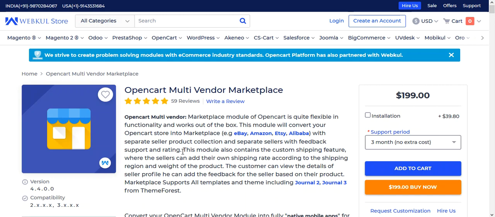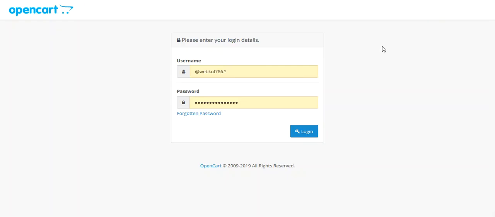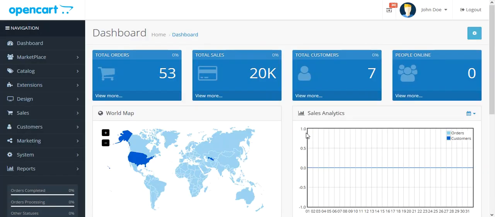So for that I'll be taking you to the backend section, wherein the admin would be able to first log into his backend panel, and then we'll be showing you the different configuration settings available for the OpenCart multi-vendor marketplace module. So here I am at the OpenCart web store right now, and we'll be logging in as the admin first. So I've entered my credentials, my username and password, and I'll be tapping the login button to get into my